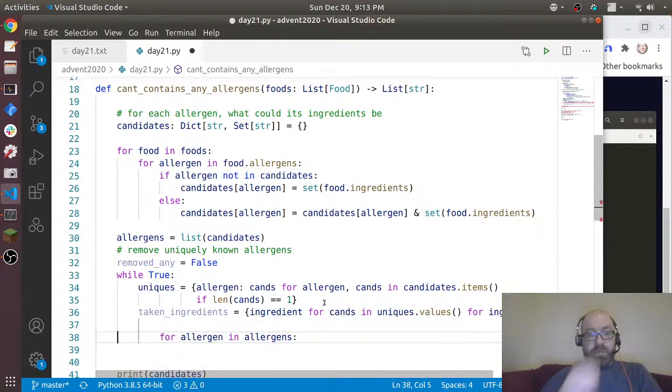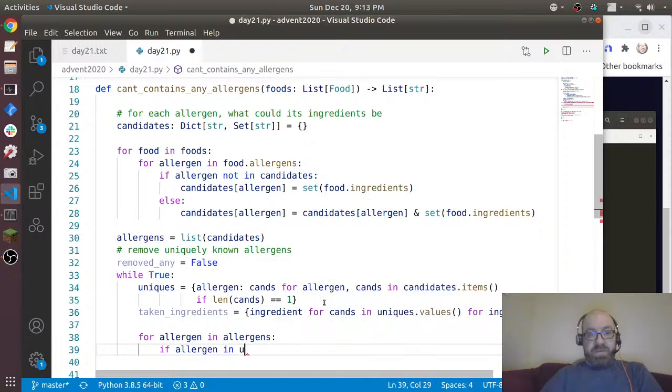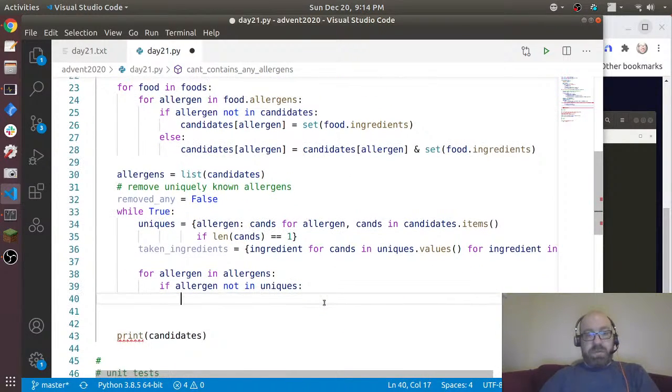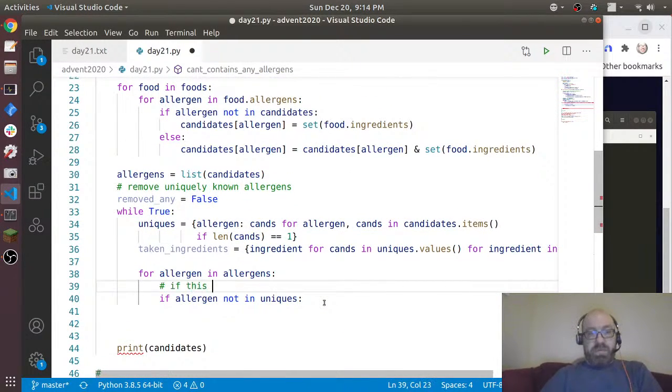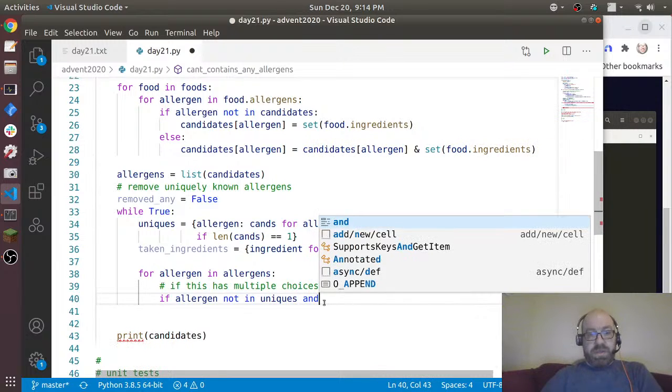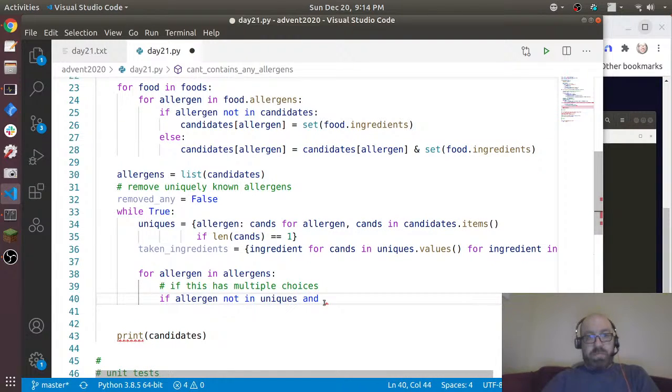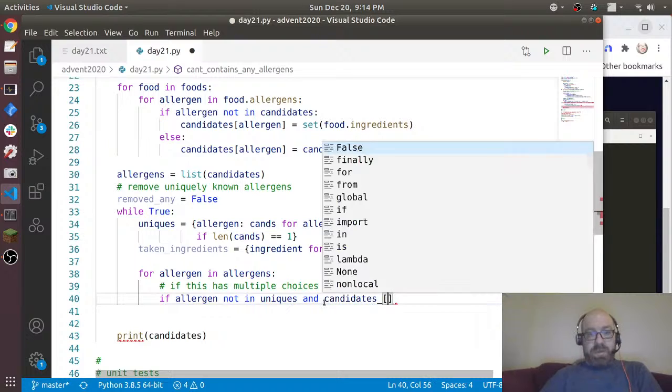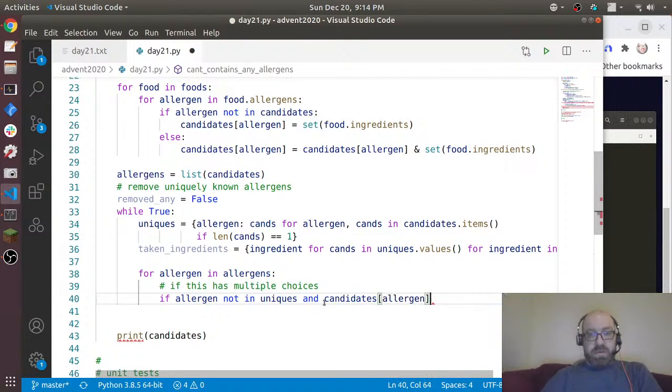Okay, and so now for allergen in allergens, if allergen not in uniques, so that means if this has multiple choices, or not in uniques, and candidates[allergen] intersects with taken ingredients,